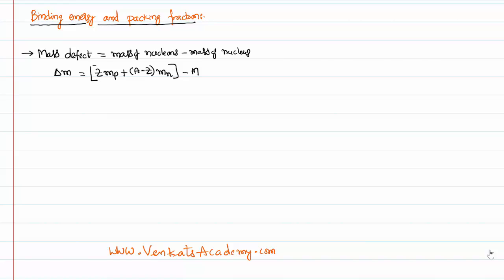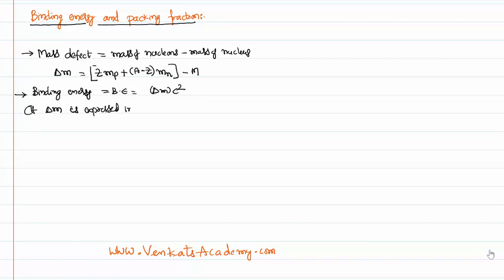This mass defect contributes to the stability of the nucleus by converting itself into energy, as we have explained in the previous video lesson. That is called binding energy. So binding energy can be expressed as delta M into C square as per the Einstein mass energy relation, or if delta M is